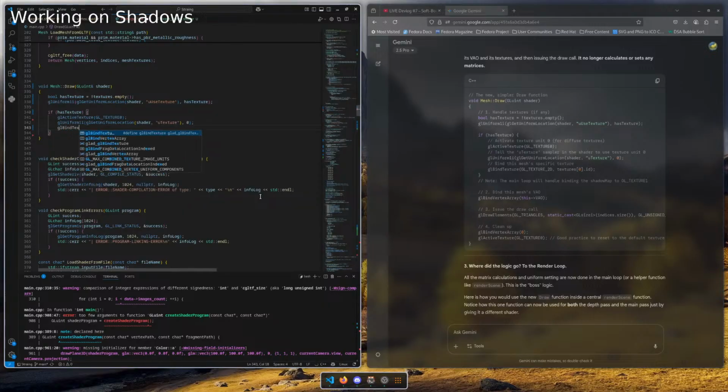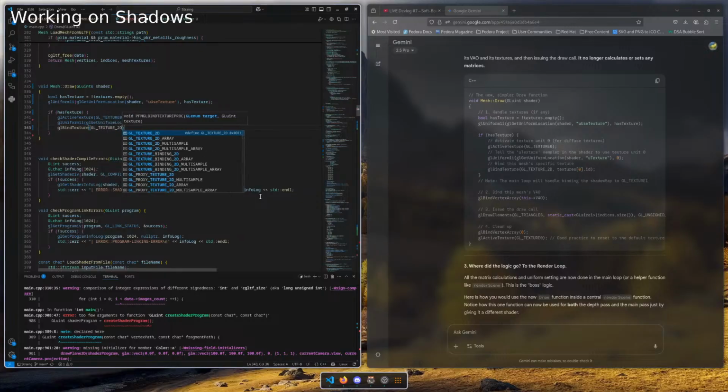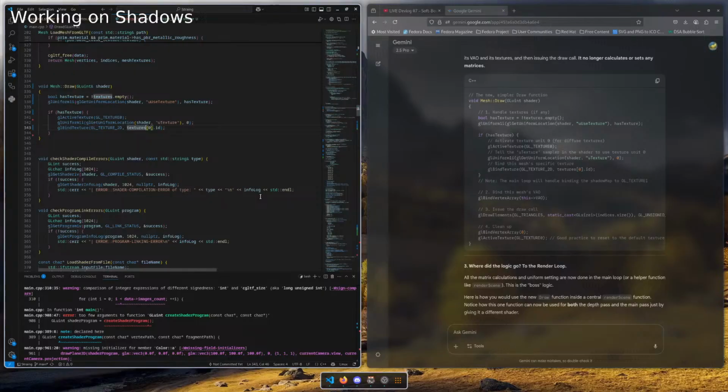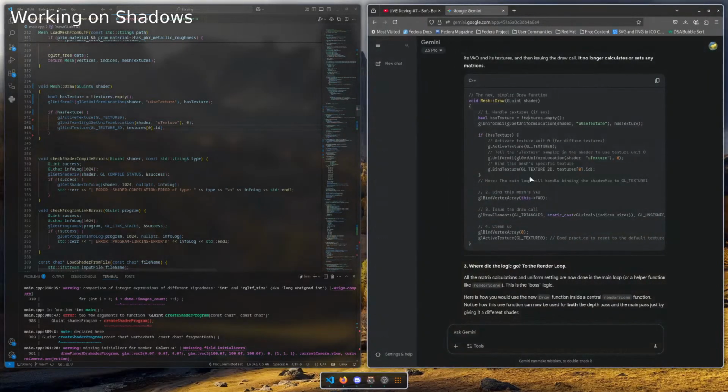So everything is on 0. 2D. 1D is just basically an array. Textures 0.id texture. Cool. Alright.